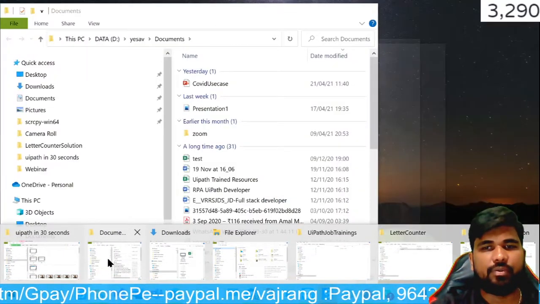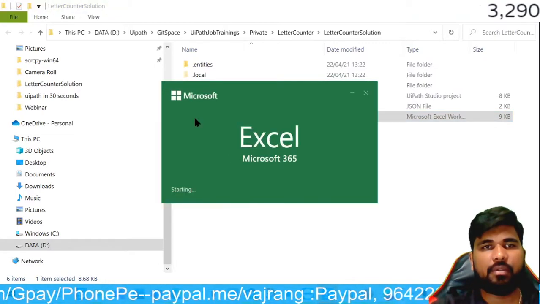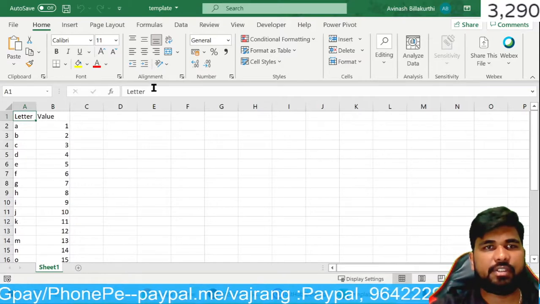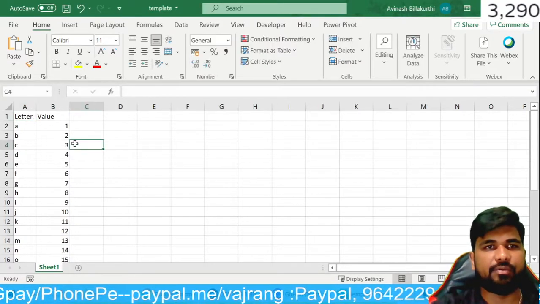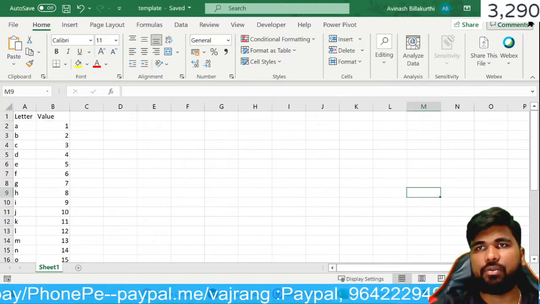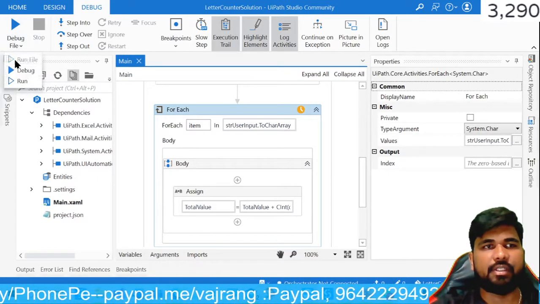So let's go ahead and open the template again, and in the first item let's give this, and this will give these values. So letters, now we should be able to get the values, and let's run the file.